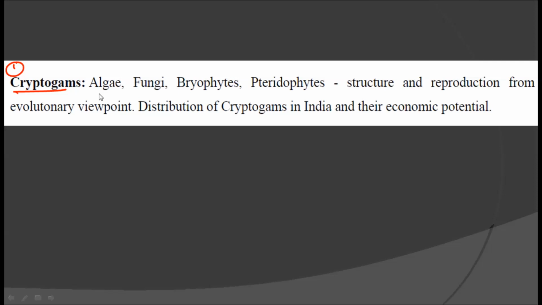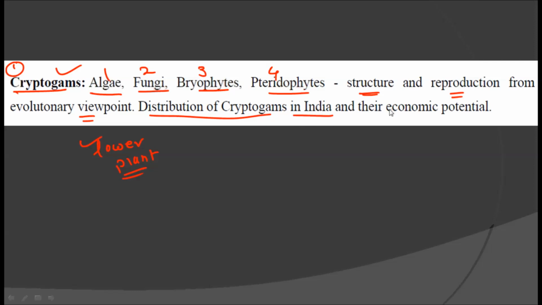As you know, cryptogams in botany are considered the lower plants, right? And we have to study these lower plants in this particular first chapter. That is the algae, fungi, bryophytes, and pteridophytes. All four groups of the cryptogams have been given in this particular chapter, and we have to study the structure and reproduction from the evolutionary point of view, as well as the distribution of cryptogams in India and their